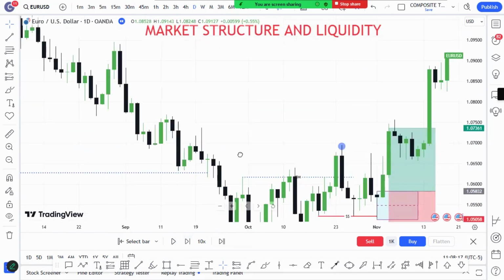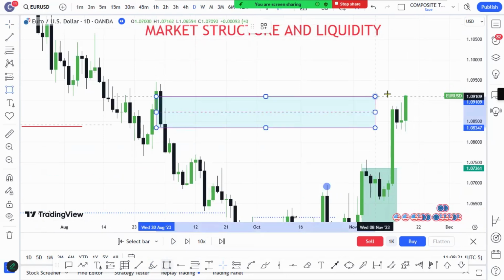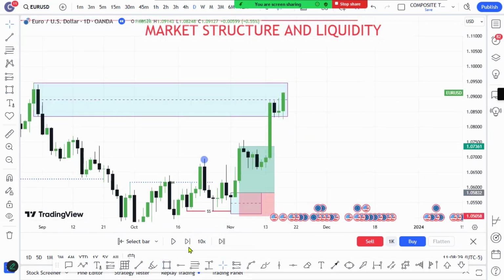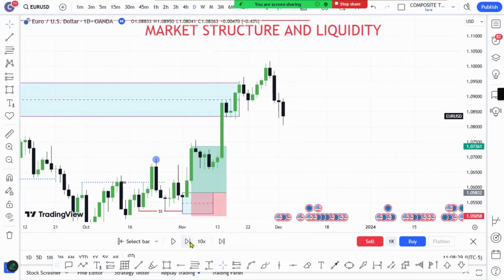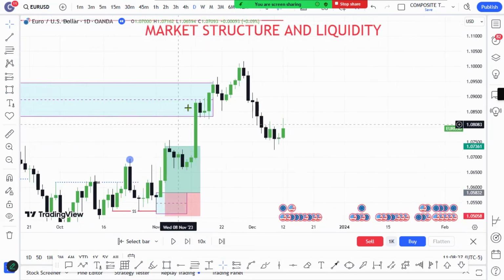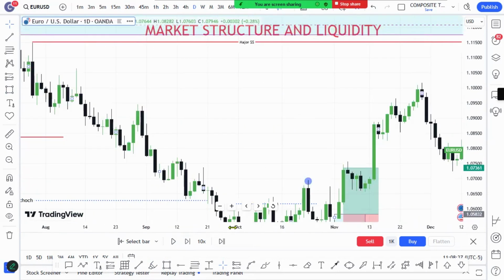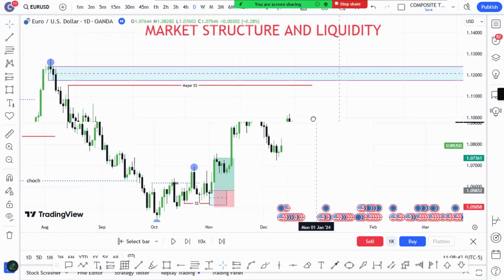And if you don't understand, most people will keep doing this. Come here, you look at the zone, you draw like that. You want to sell from there and the market doesn't sell. Look at that. It reacts and goes higher. Reacts and goes higher. Look at that. You see, price tries to play around. So you're going to notice that the market will play with your mind until you give up. So let's see what happens here.